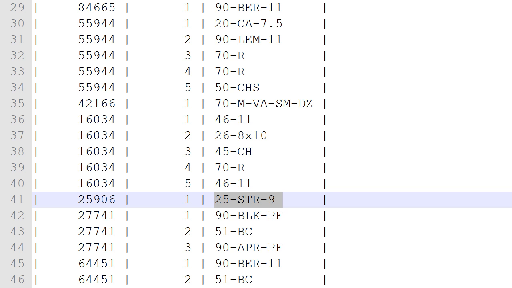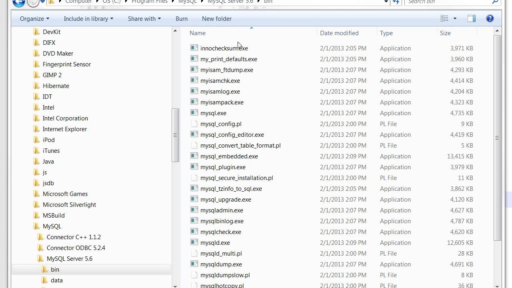Now, as we said a moment ago, MySQL offers two client programs as part of its standard download. The first runs under an MS or terminal command line window, and it's called MySQL. The use of MySQL to describe both the server and the client is a bit confusing. So we'll use MySQL for the client command line program and MySQL Server for the database server. MySQL, the client, lets you conduct a command line conversation with the server, and to run MySQL, you place the MySQL Server installation's bin directory, which I've got up here as an example for Windows, in your execution or command path. And this bin directory